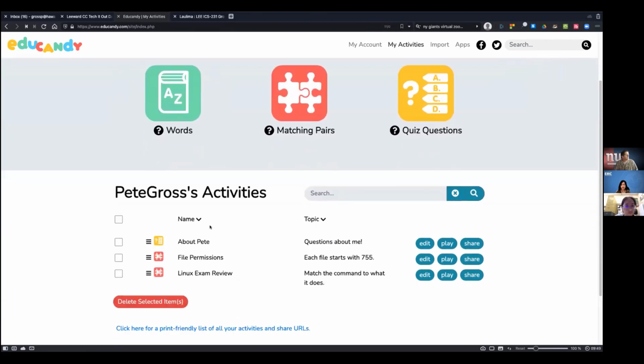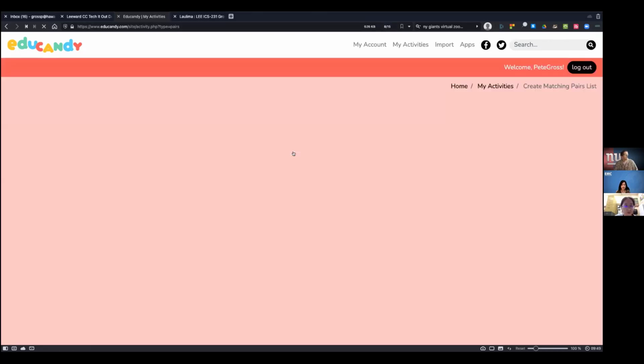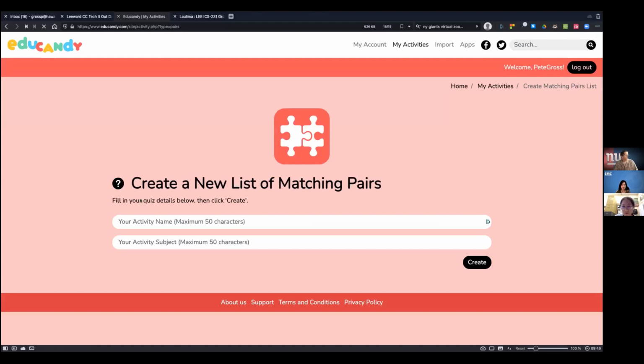You can keep score, you can have time. It's just a way for your students to go through and use it, and it's pretty easy to set up as well. You can create a list of words, matching pairs, or quiz questions. If you want to do matching pairs, it's going to bring it up, and then you give it a